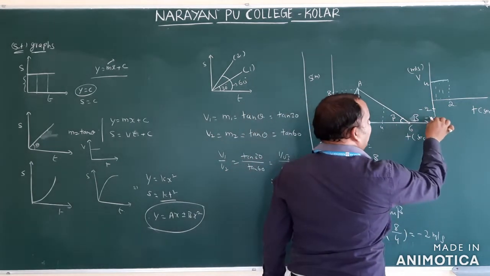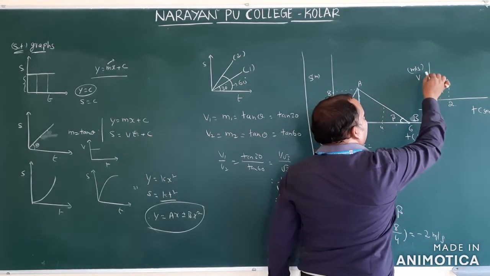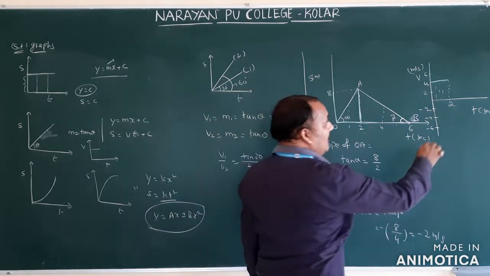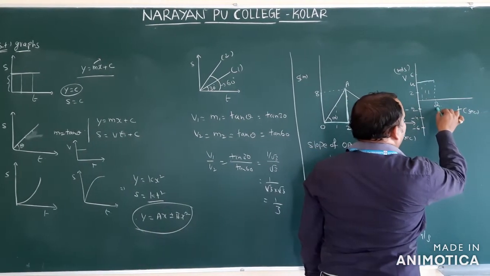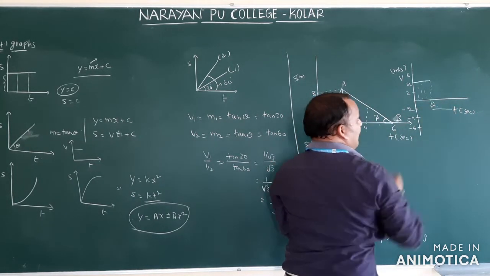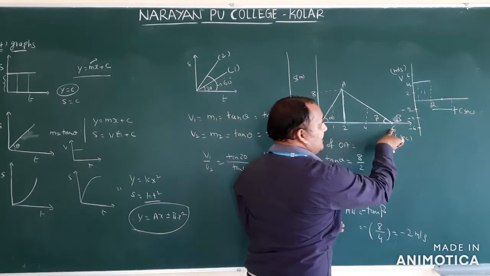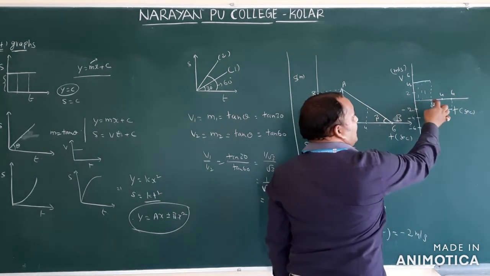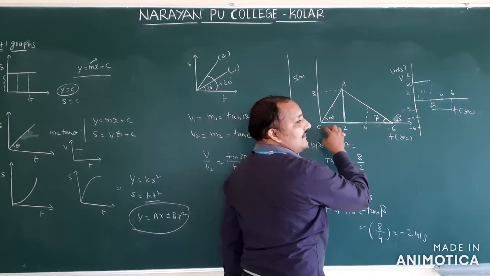This is minus 2. The next value will be minus 4. The next value will be minus 6. This is plus 4, 2, 4, like that. Positive values on the positive y-axis, negative values on the negative y-axis. Now, what velocity is it moving with? Minus 2. Minus 2 means you will get a line here. Okay, up to what time? Therefore this is 4. This one will be 6. So 0, 2, 4, 6. This is giving time.